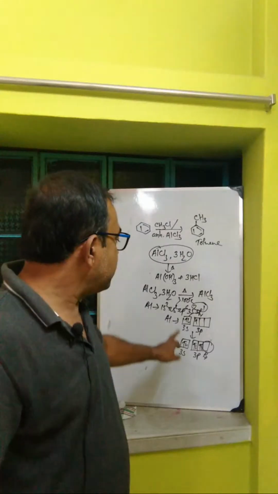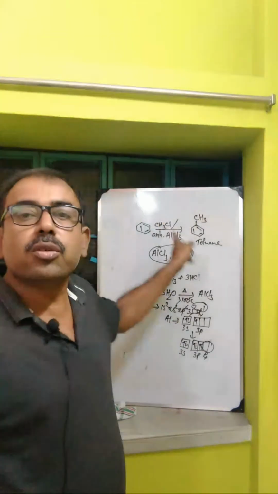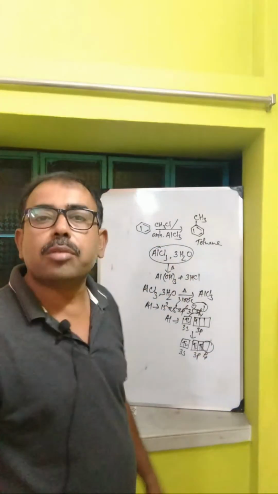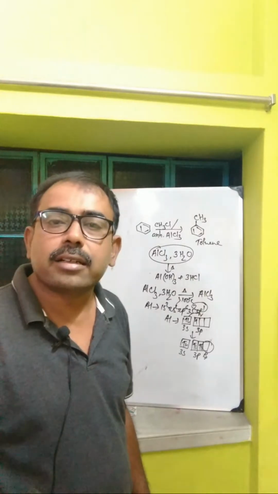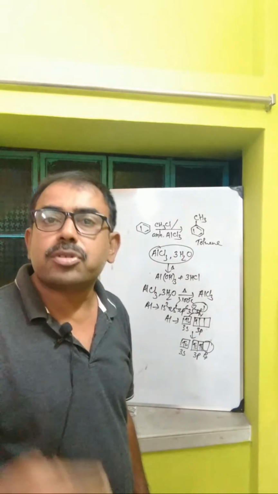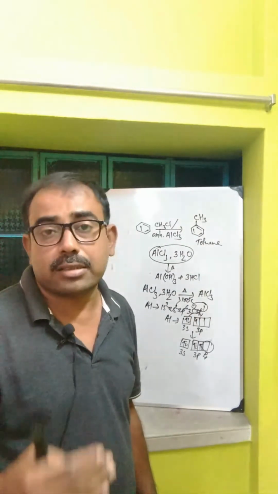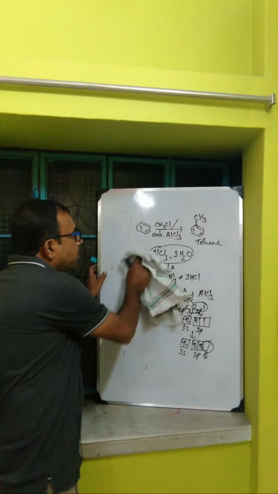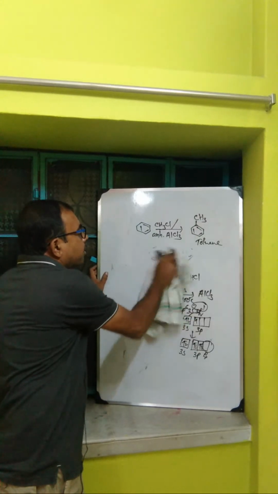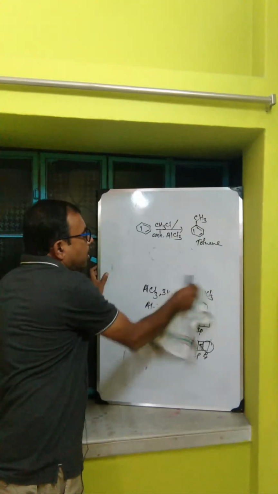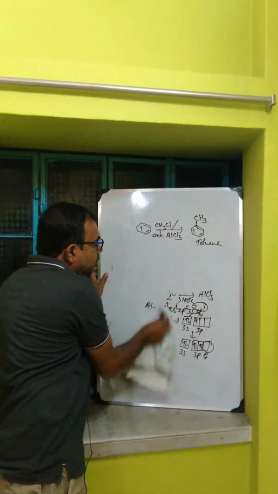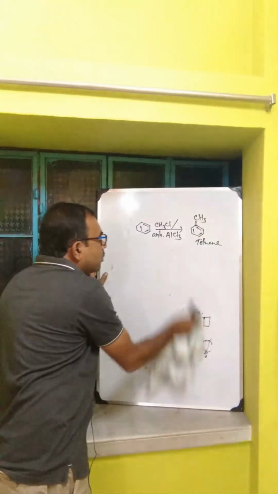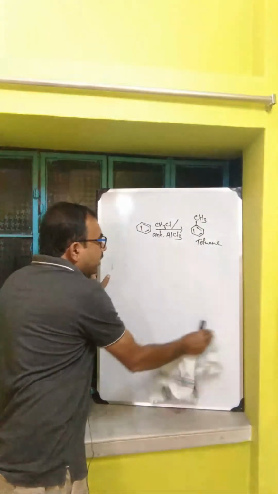Okay, so aluminum chloride actually acts in this particular Friedel-Crafts reaction. Anhydrous aluminum chloride acts as a Lewis acid which accepts a lone pair of electrons from chlorine. We will see that next. Here we are going to make the mechanism of Friedel-Crafts alkylation reaction, where we use CH3Cl and anhydrous